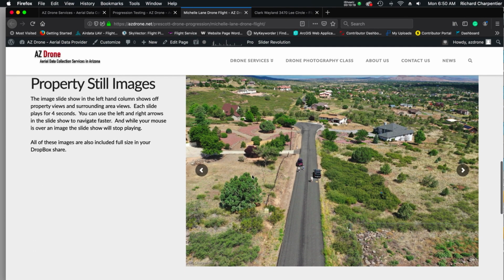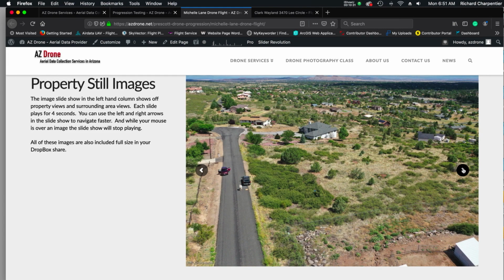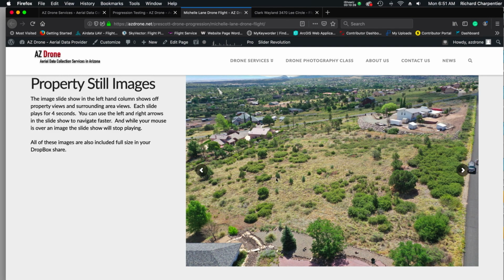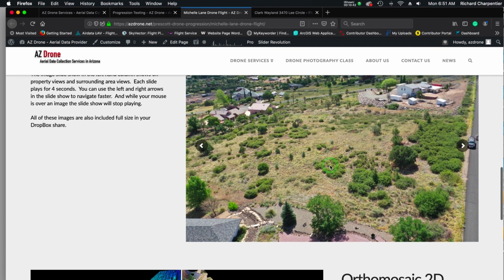We also supplied the still images. And you can see actually here, the family is out here at the location. They came out to see the flights and talk to me about what they were looking for. And so in looking at this property, we start getting some ideas. I actually had moved all around the property to give them different viewpoints, and they were very happy with this